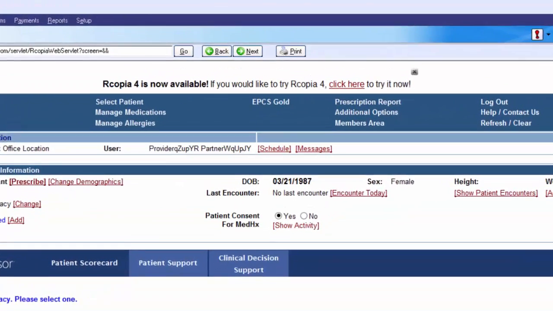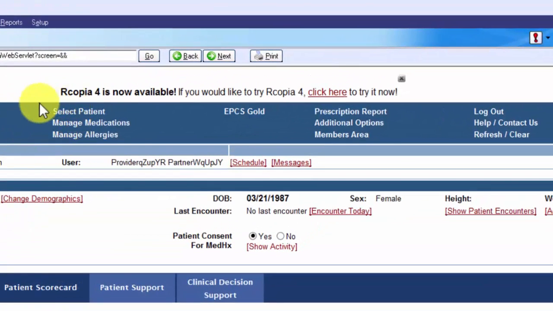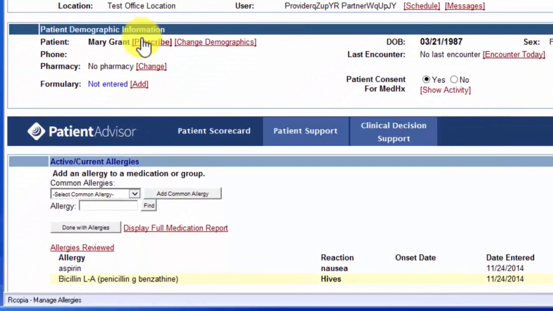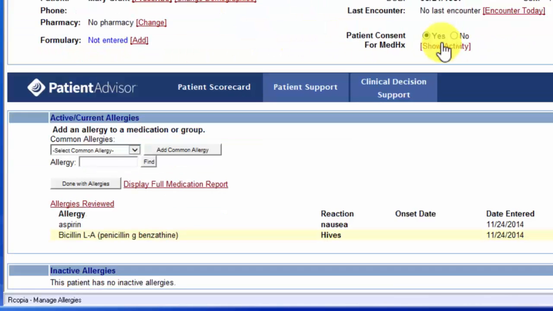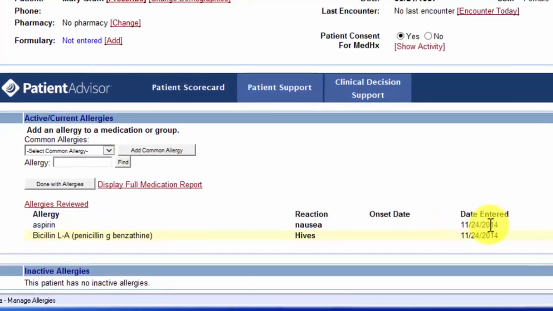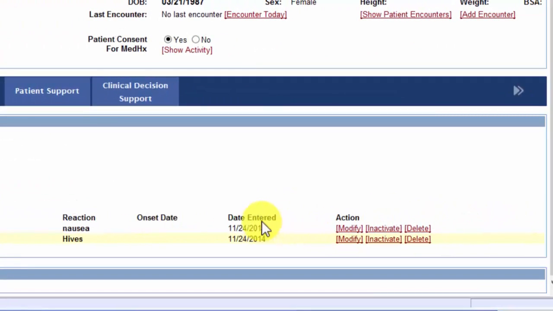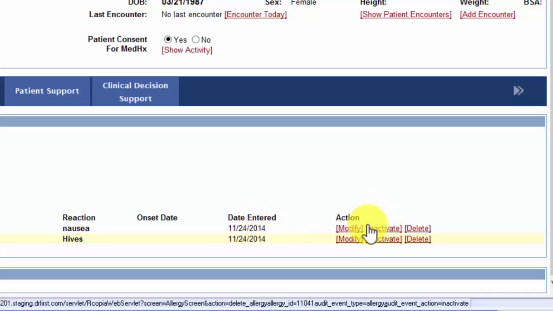managing her allergies. At the top of the DrFirst screen is your toolbar options. I'm going to go ahead and click Manage Allergies. We can confirm that this is for Mary Grant. We do have her birthday there to confirm as well. And I'm going to scroll down and see the active or current allergies for Mary. Right now we do have listed that she's allergic to aspirin that causes nausea, and that information was entered approximately a year ago. I do have the opportunity to modify that allergy, inactivate, or delete it if I find that